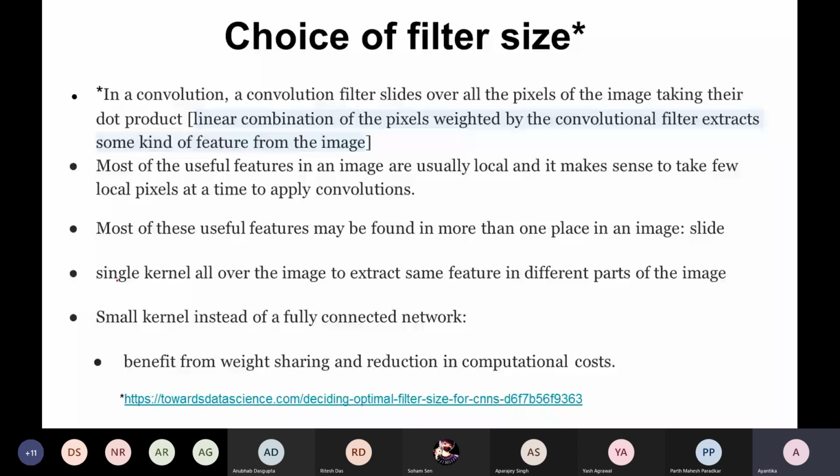So in convolution, what happens? I think you now know that this way you have your input matrix, you have some filters, and 1, 2, 3